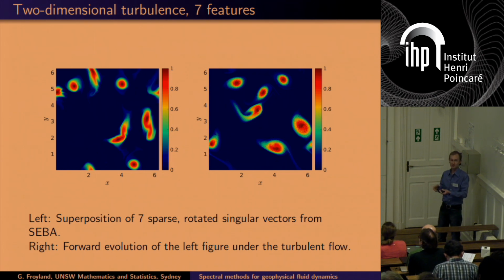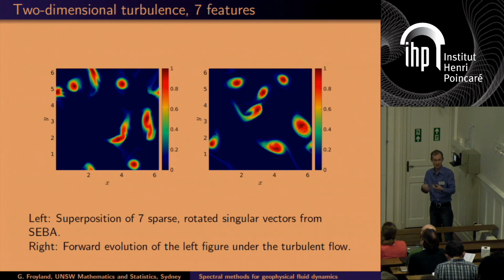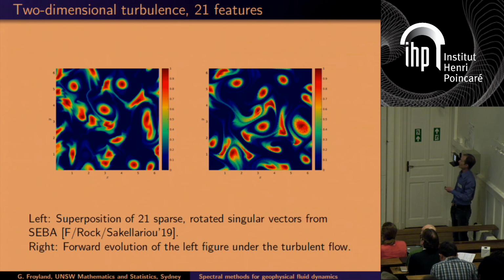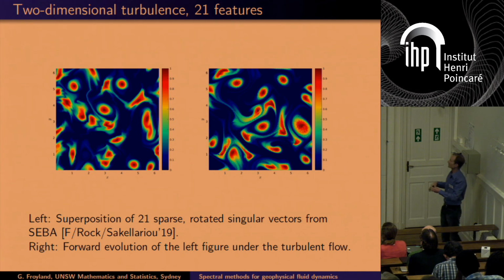The ones I've identified are the coherent ones. In the background you have turbulence, because this is turbulent Navier-Stokes. And here's 21 features. Again, this is time 0, and this is the future, and again, the boundaries of all these red things are not getting very long. But in the background, which I haven't shown here, the background is mixing very quickly.